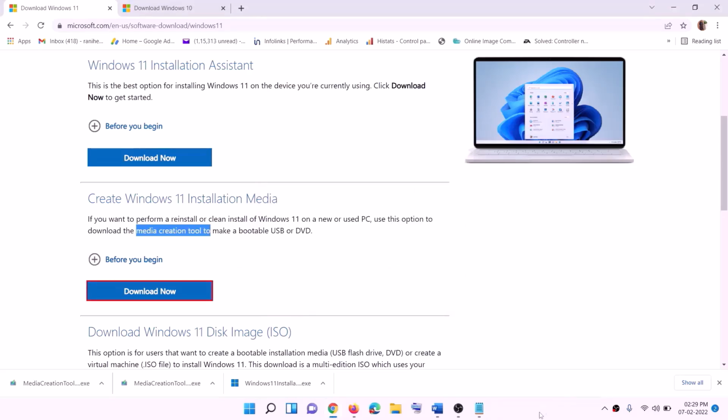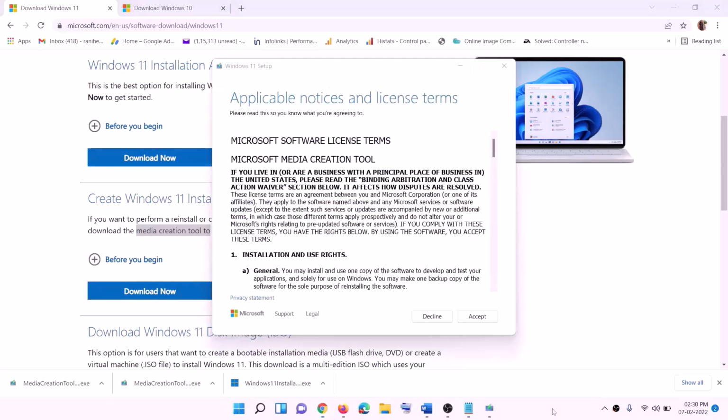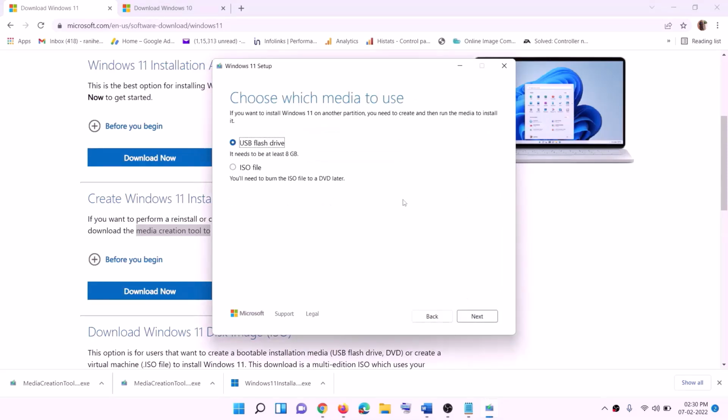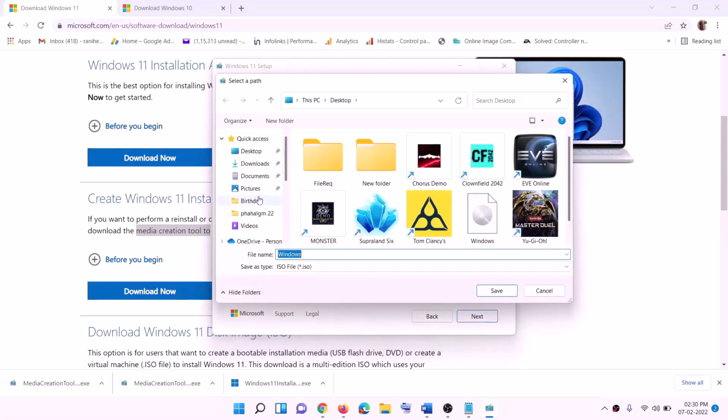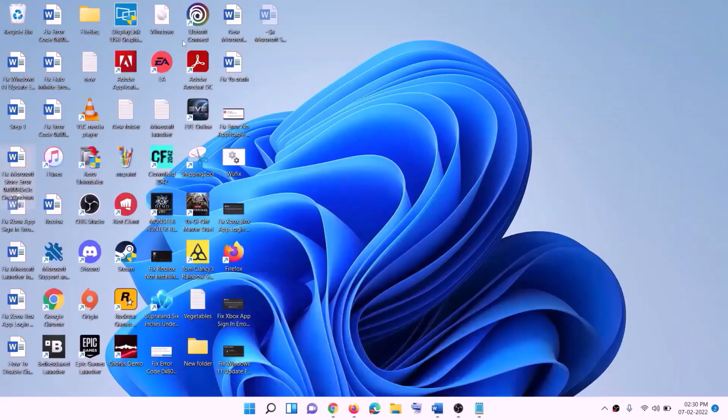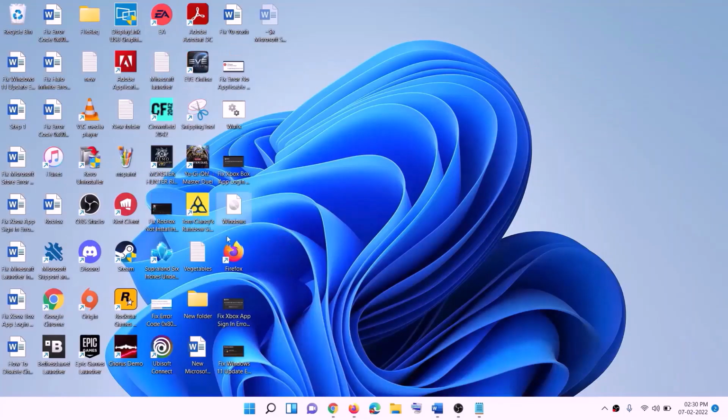Now this will load the Windows 11 Media Creation Tool. Now click on Accept. By default Windows 11 would be selected. Click on Next. Select ISO file, then click on Next. You can save the location. You can set the location as Desktop and then click on Save over here. Now once the download is complete, click on Finish and then go to Desktop, find the Windows ISO file,